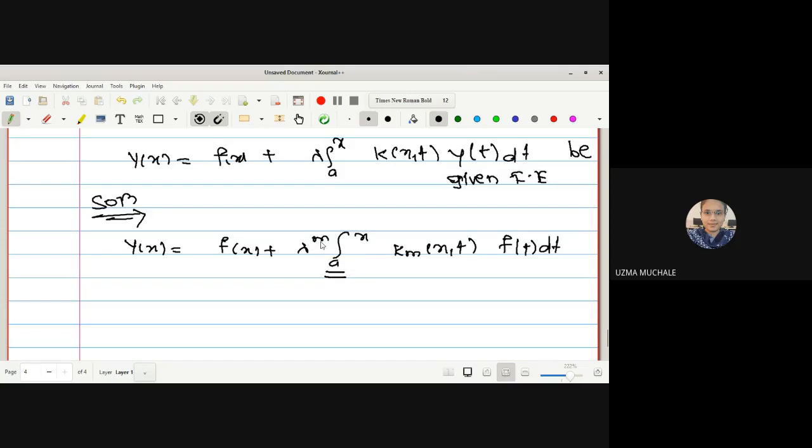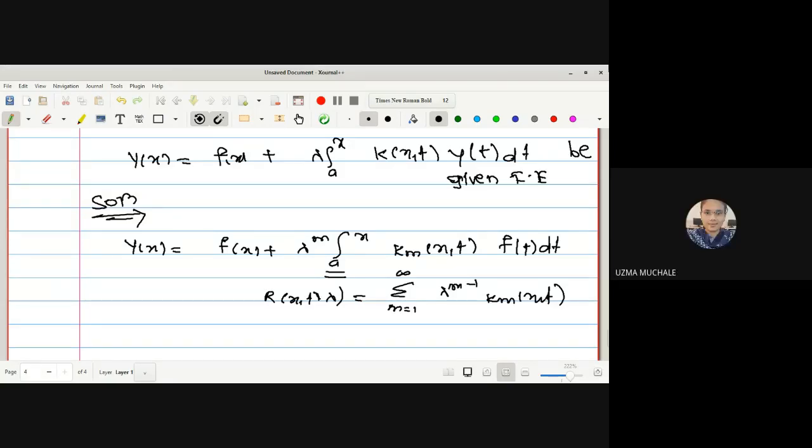What was r of x t lambda? Lambda raised to m minus 1, and summation m runs from 1 to infinity. Instead of summation we have given a formula for integration. k m of x t was as it is, right? Here we only put up r of x t lambda in the last example. What is r of x t lambda? Summation m runs from 1 to infinity lambda raised to m minus 1 k m of x t. Here already one lambda exists, lambda into this one. So hence, instead of having the summation, we have used the integration if you are not getting the finite sum of that series. Getting me?